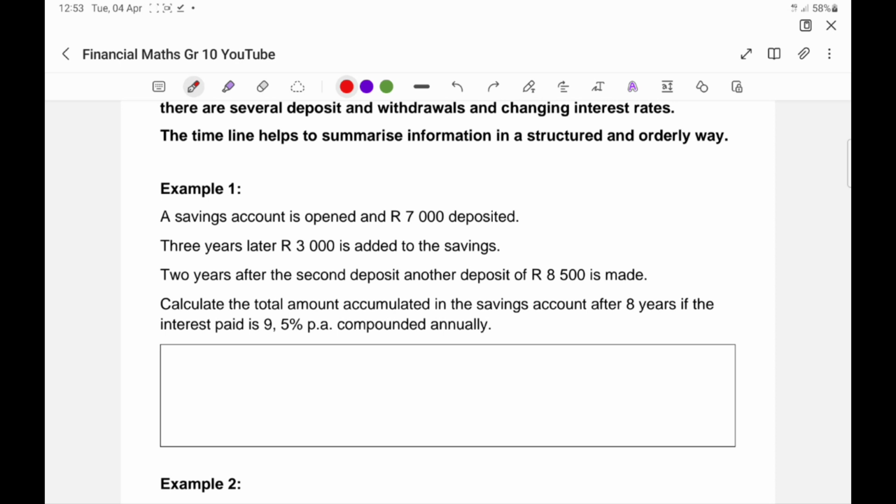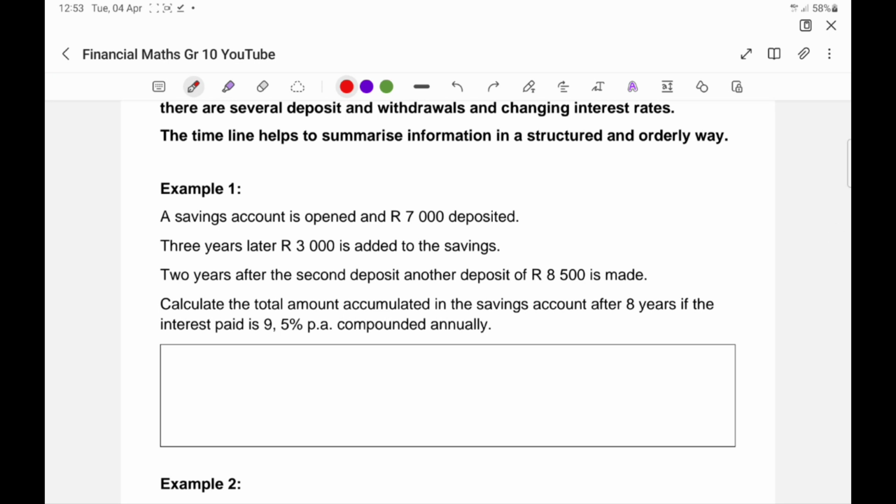Okay, so we say this is the information, represent your answer by the use of a timeline. Okay, so let's have a look. A savings account is opened and 7,000 Rand is deposited. 3 years later, 3,000 Rand is added to the savings. 2 years after the second deposit, another deposit of 8,500 Rand is made. Calculate the total amount accumulated in the savings account after 8 years if the interest paid is 9.5% per annum